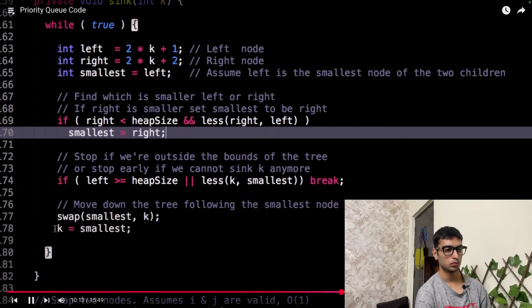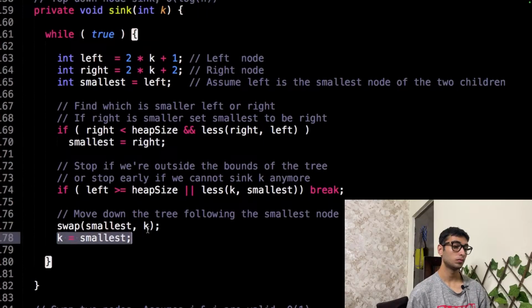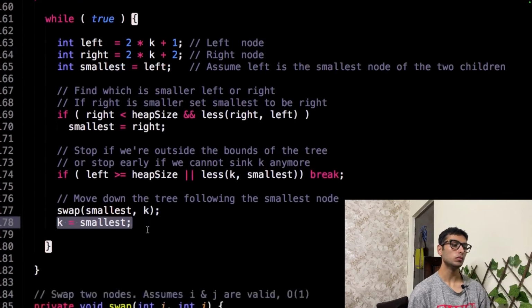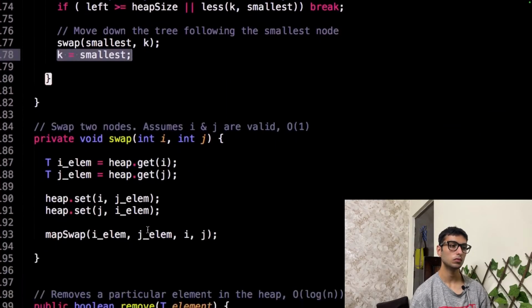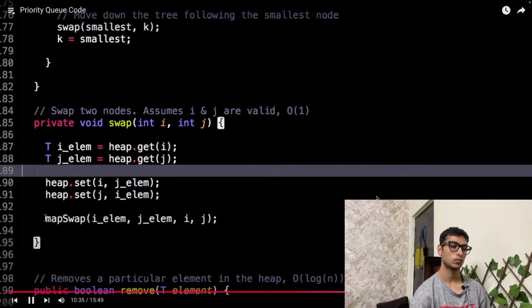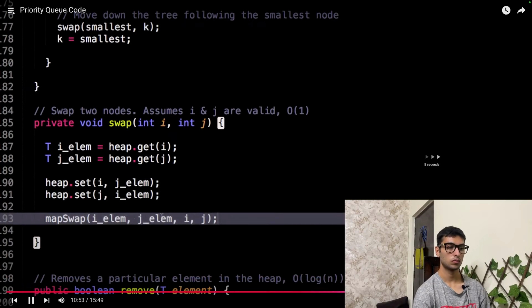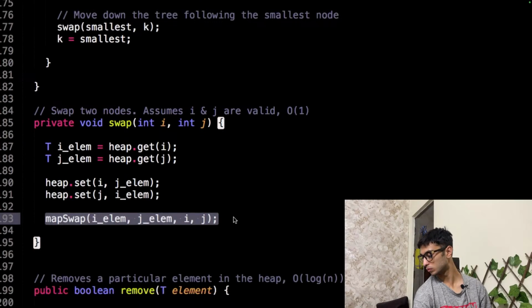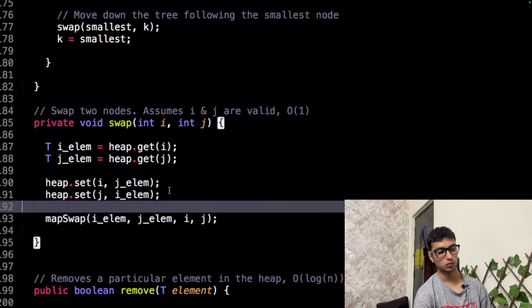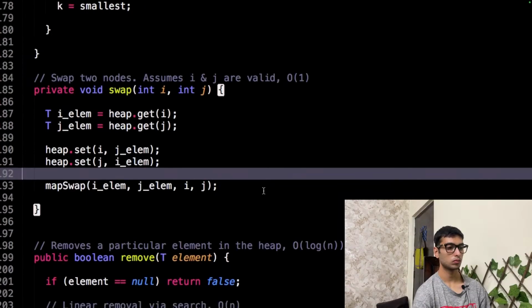We swap, and then k is the next smallest, kind of like we did in the last method also. So for the swap method, I made an explicit method to swap because I also have to swap things inside the map and then set the values also. And this is really what adds a lot of overhead for the map. It can be a lot of hashing, and technically maps are constant lookup times, but with all this internal hashing and collisions and whatnot, it can get costly.